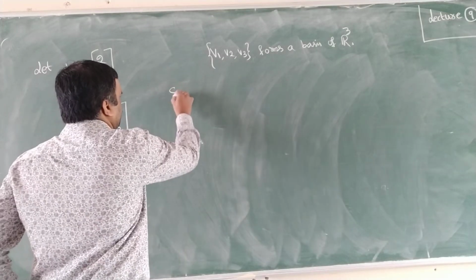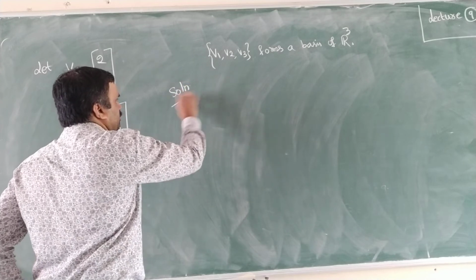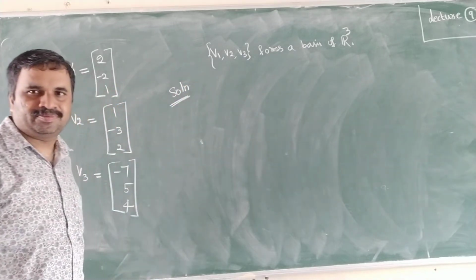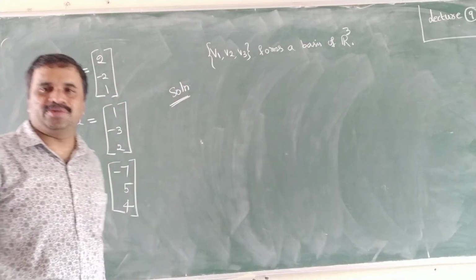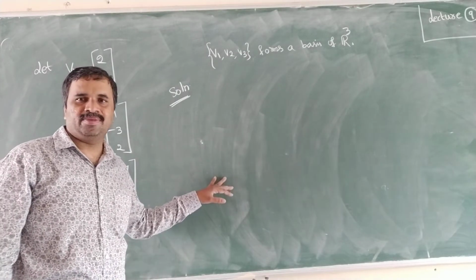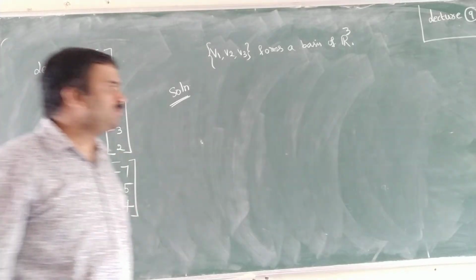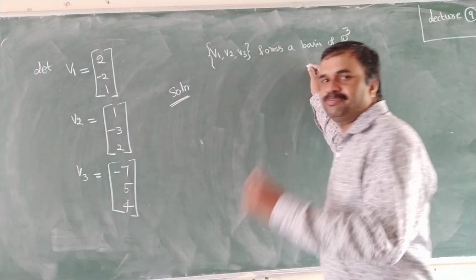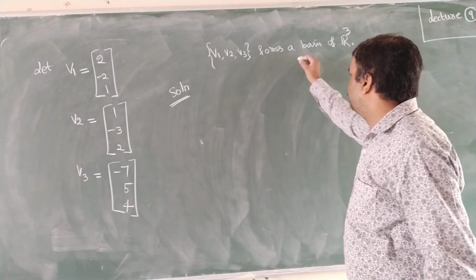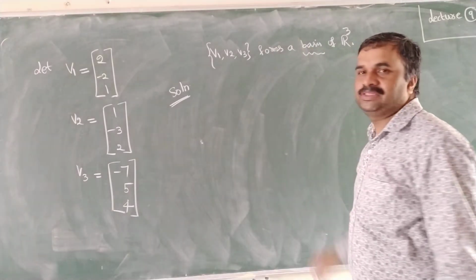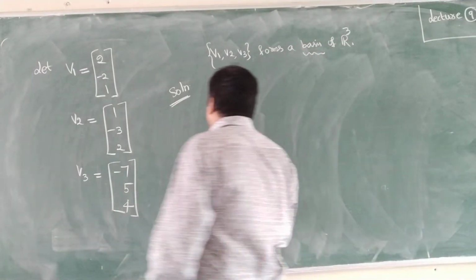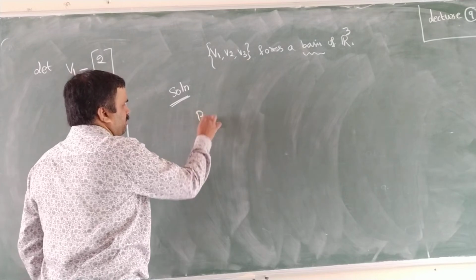This is a homework problem. You have to do it. I will just explain what you have to do; see the procedure and do it as homework. First, the reasoning is the same as the previous problem. We have to check whether it is a basis or not. We already discussed the basis.